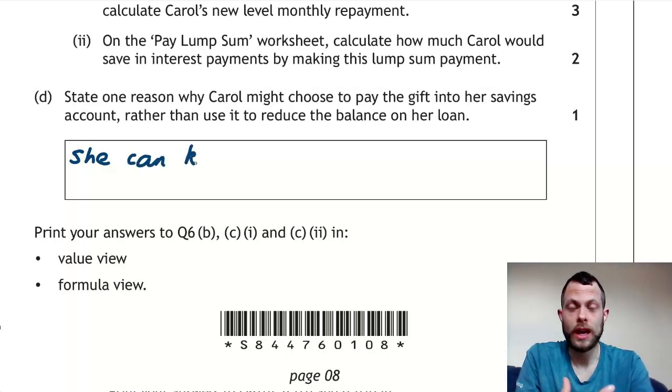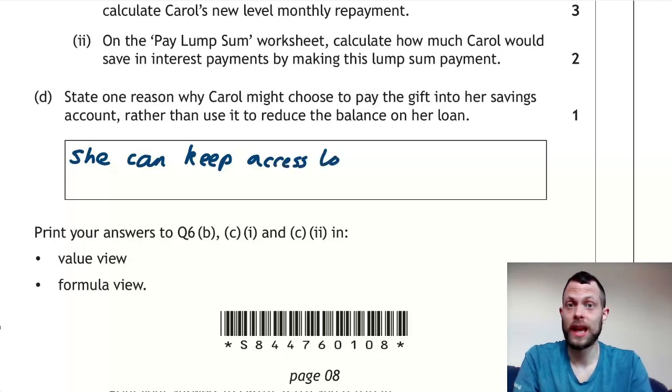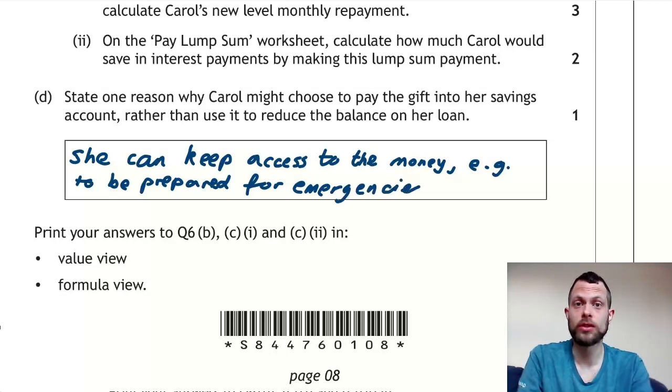She still has the option of using that money if she keeps it in a savings account. If she just uses it to pay off her loan a little bit early, then she no longer has the choice of what she does with that money. So she can keep access to the money, e.g. in case of emergencies. It means that she's potentially more prepared. Although I would advise, if you have a similar situation yourself, you should probably strongly consider paying off loans if you can,